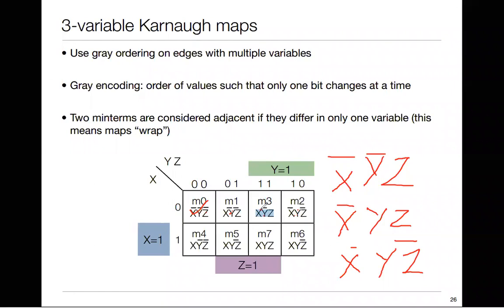Next, you go to the line below, where x will be equal to 1. So it is 1, 0, 0. X is equal to 1, y bar will be 0, z bar will be 0. The next column, M5, will be equal to 1, 0, 1. So x, y bar, and z will be equal to 1. This is M5. Now M7 will be 1, 1, 1, so we have all 1s over here. Now M6 will be equal to x into y into z bar.